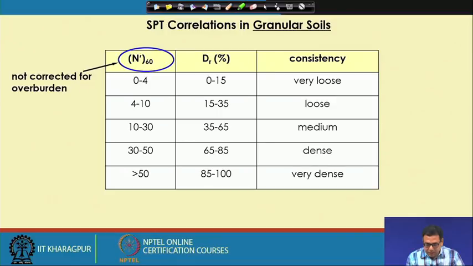And then once we get these, there are other correlations available. I am not representing all the correlations here. If you have any standard textbook or the book reference that I have given, in those books you will get other correlations also, so you can use those correlations. I am giving one or two correlations or standard tables that we generally use.